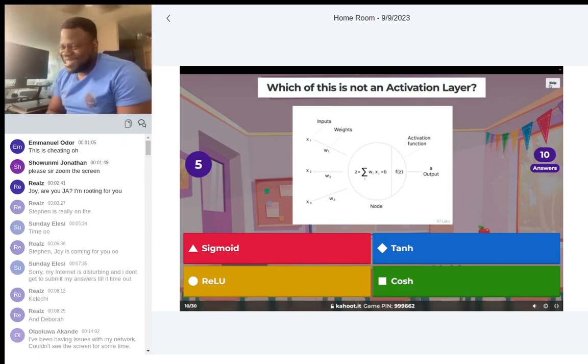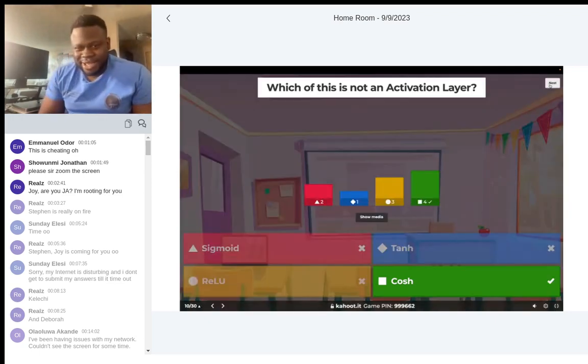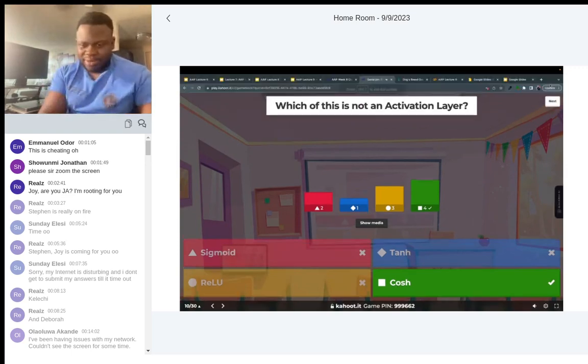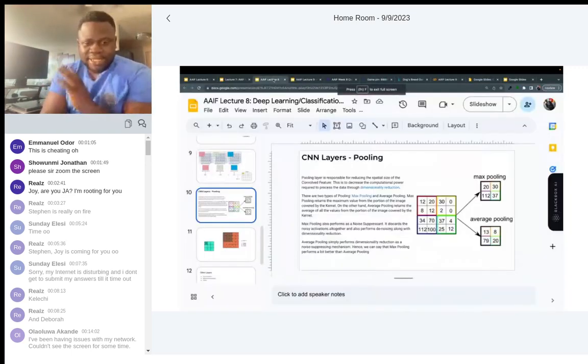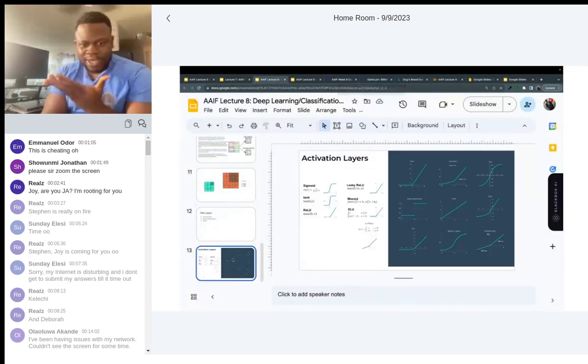Sigmoid, that's the simplest. It's all here. Where did we see Kosh? It's all here.